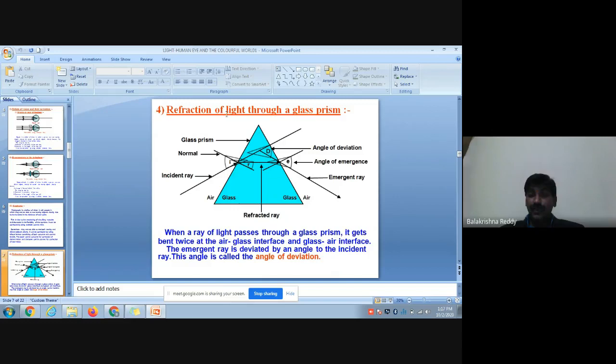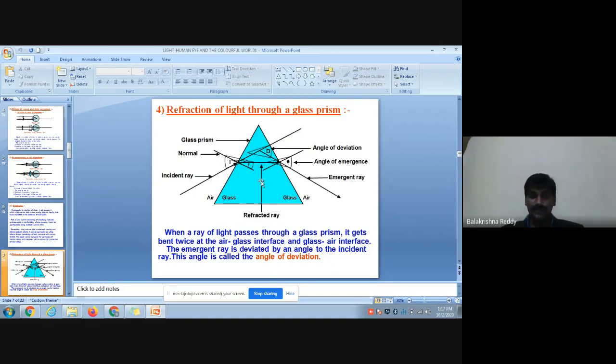Now, refraction through a glass prism. Here, refraction of light through a glass prism. This is the one glass prism you are seeing here. You learn more about it in 12th standard. Now, if you see here, first try to understand. It looks like so much chaos is appearing there. First, let us say this is a denser medium. This is nothing but one glass medium, which is completely three-dimensional.